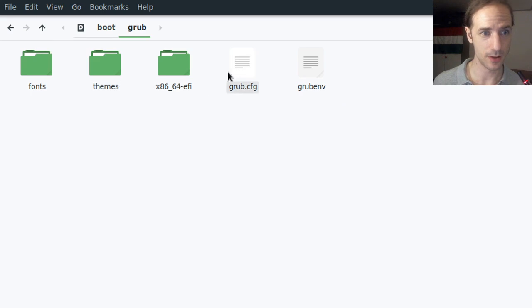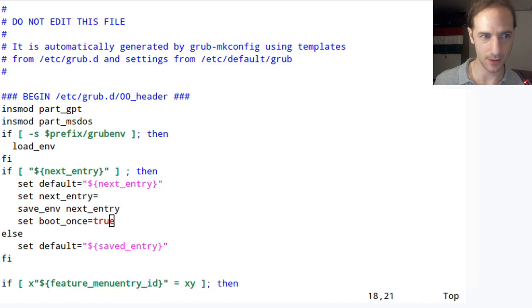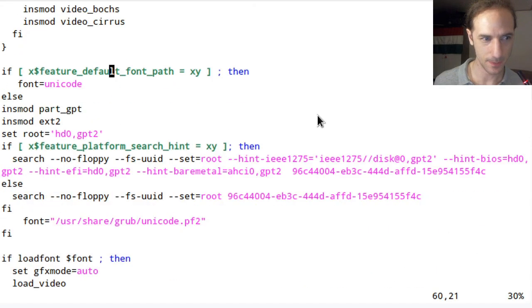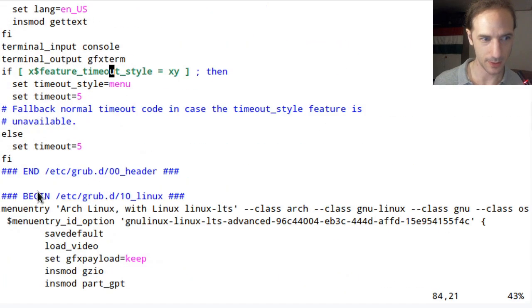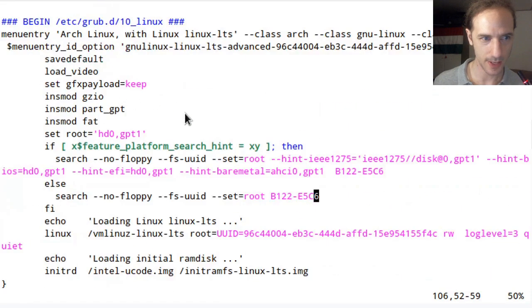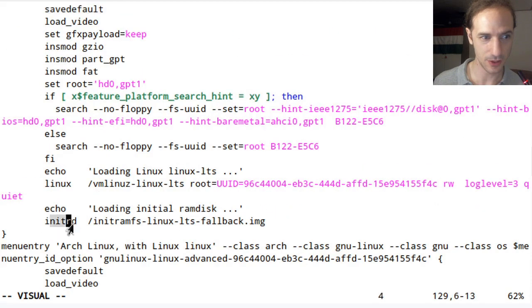And here where the GRUB config resides, we will take a look at this file, and we can see that for our main entries, like Linux LTS, we have this initrd for the microcode and the LTS,